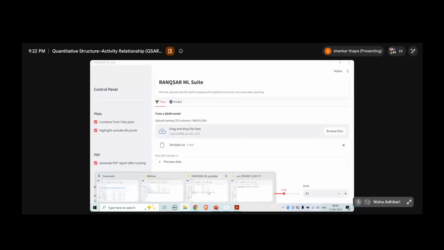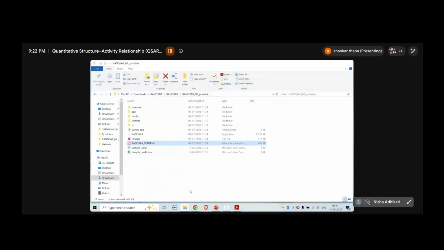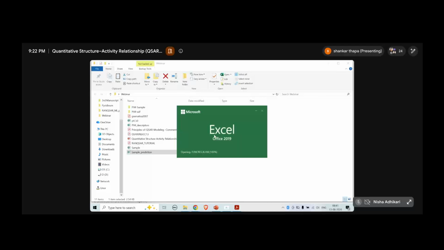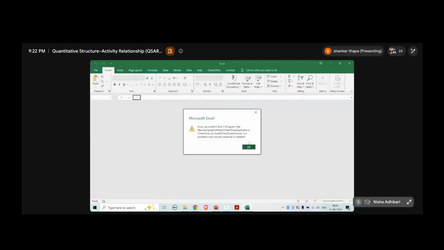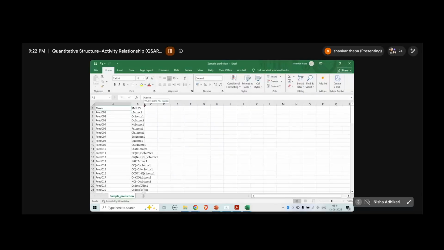Let's say, I don't know what the new compounds are. I didn't generate the new compounds. Let me take it from this one only. Let's say these are the sample predictions here, where some compound names are there. Let me take these as the new designed compounds. What is there in the designed compounds? Only the SMILES formula and name are there. In this way you have to keep the name, and then the SMILES formula. So these are the new designed compounds.